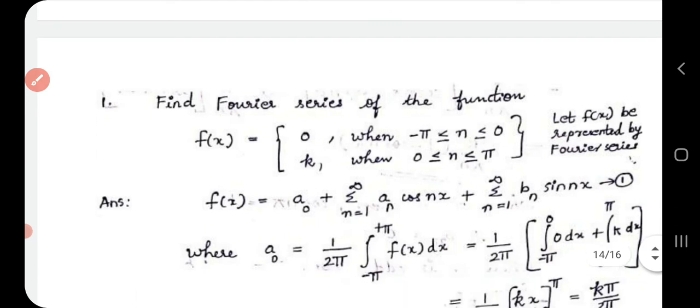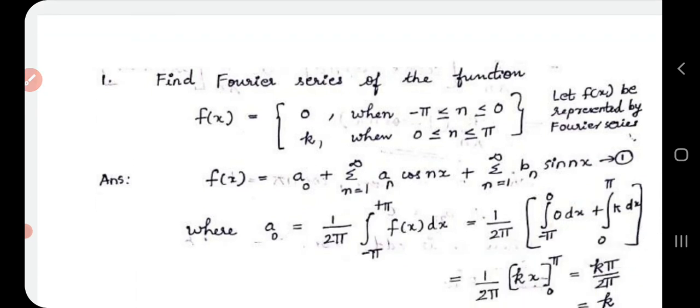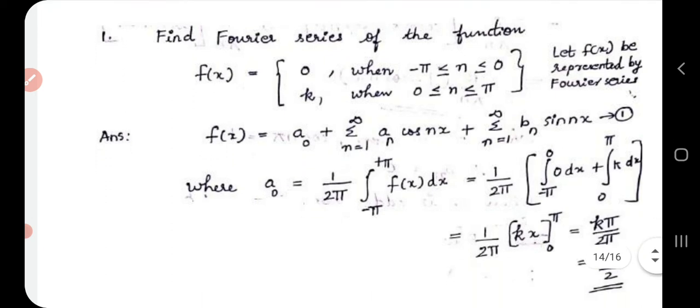Now let us work out a problem. Similar problems will be asked. Find a Fourier series of the function. The function is given, f of x. Its value is 0 when x is between minus pi and 0, and its value is k when x is between 0 to pi. So first of all, let f of x